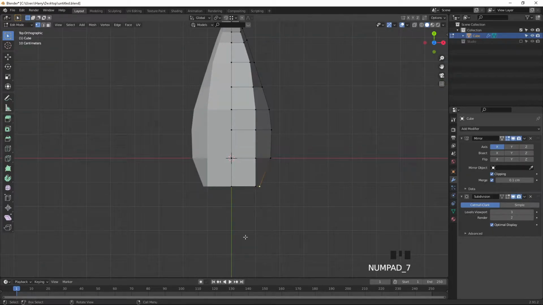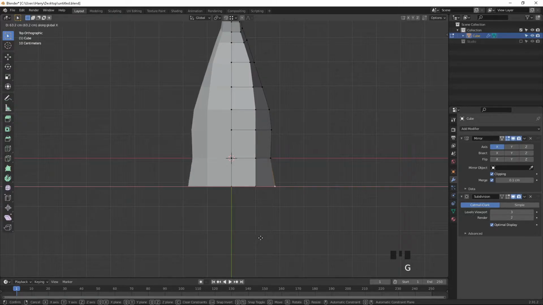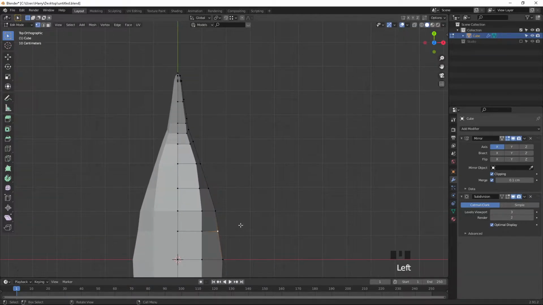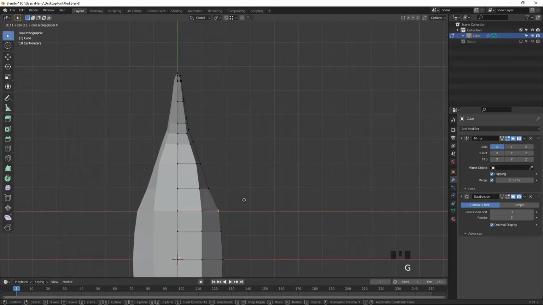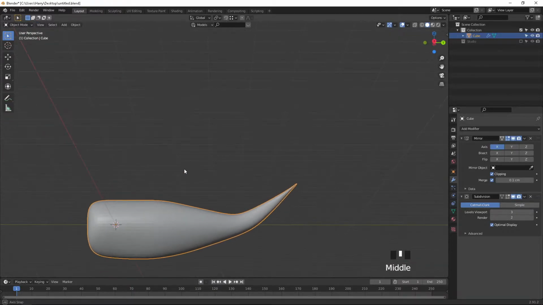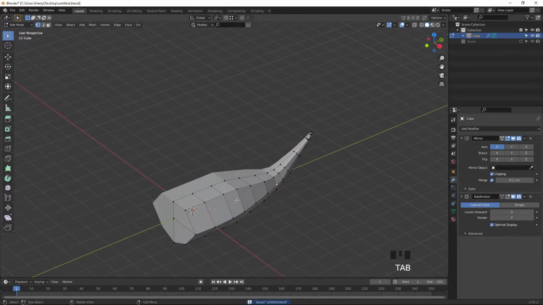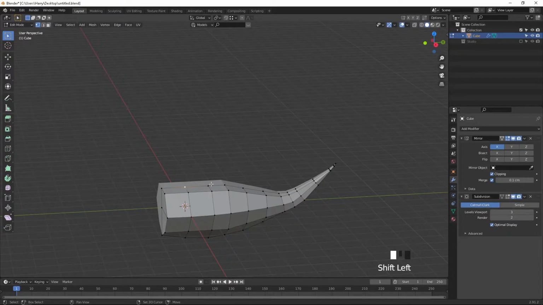Go to the top view, press GX. So I make it a little bit bigger also. I feel it's a little bit small, it's looking like. So I make it a little bit bigger. Okay, fine. Okay, after doing this, what we are going to do is, here also we are going to select and move